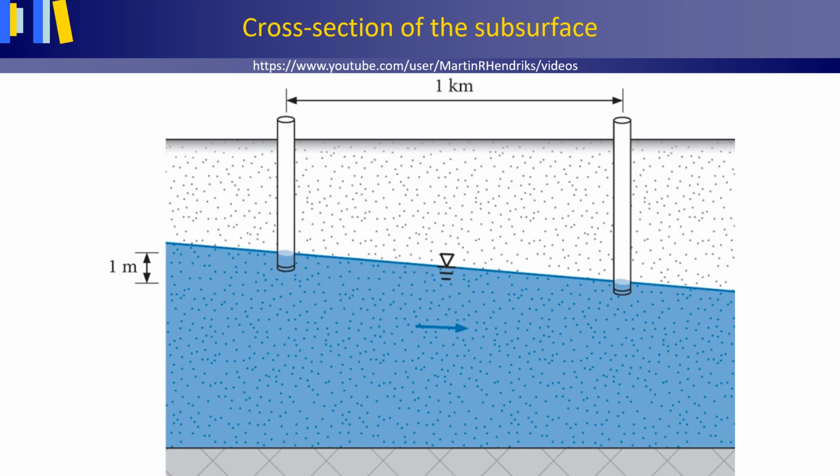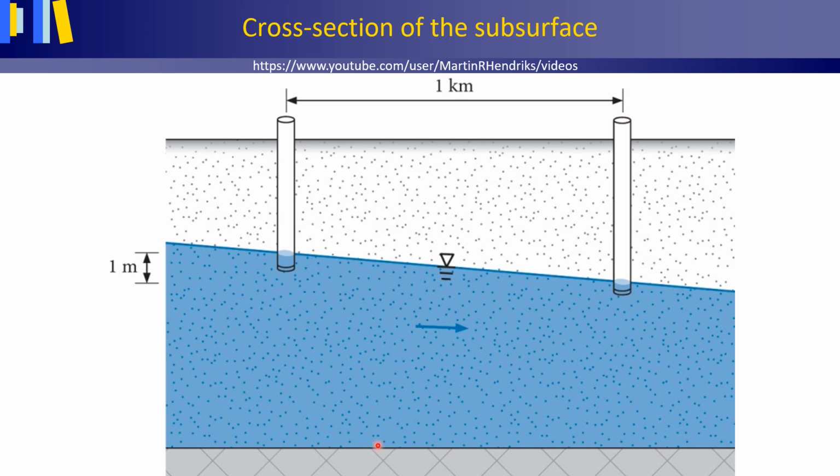Here we have a cross-section of the subsurface of a flat landscape. We have the land surface, the subsurface is made up of well-sorted sand, we have the water table and groundwater above a water impermeable layer. Installed into the subsurface are two piezometers. Groundwater can only enter the piezometer tubes through the screens at the bottom.